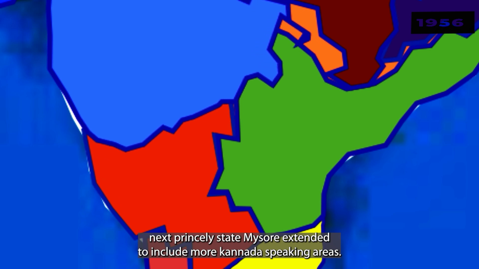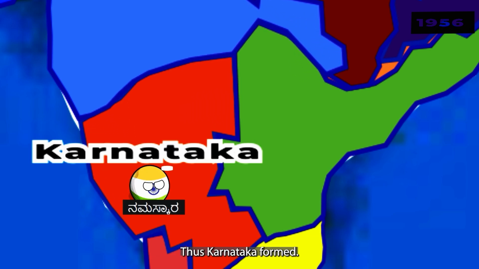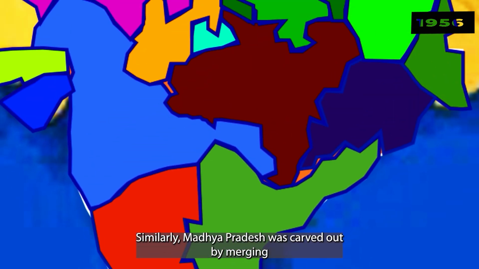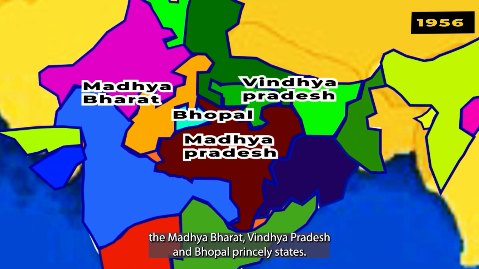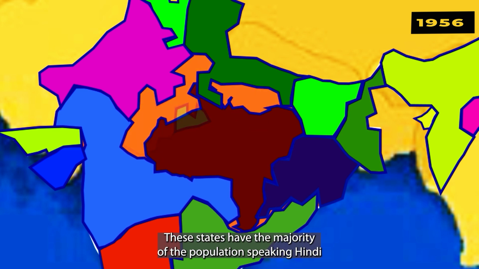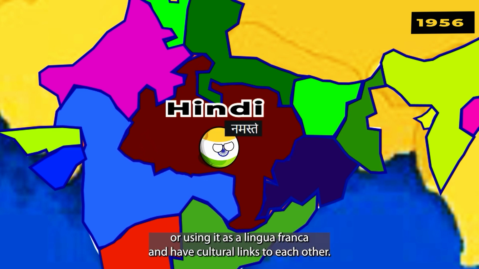Next, princely state Mysore was extended to include more Kannada-speaking areas, thus Karnataka was formed. Similarly, Madhya Pradesh was carved out by merging the Madhya Bharat, Vindhya Pradesh, and Bhopal princely states. These states have a majority of the population speaking Hindi or using it as a lingua franca and have cultural